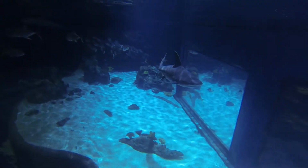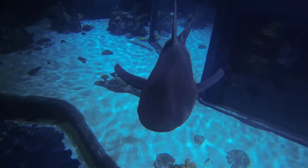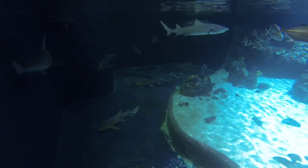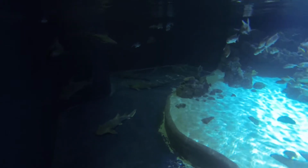Coming over for another look is one of our three sandbar sharks. These guys are easy to distinguish by their tall dorsal fin, that beautiful gunmetal gray skin, and their big googly eye. They tend to be the most curious of our sharks. And if you see Anthony, your safety diver, giving you a spinning finger